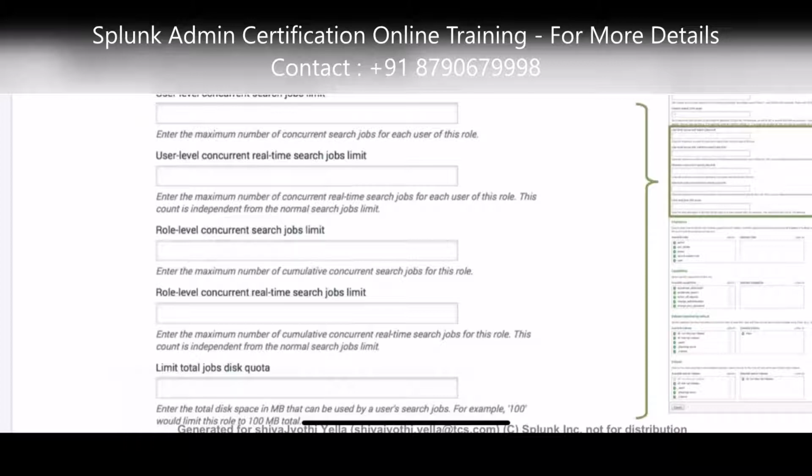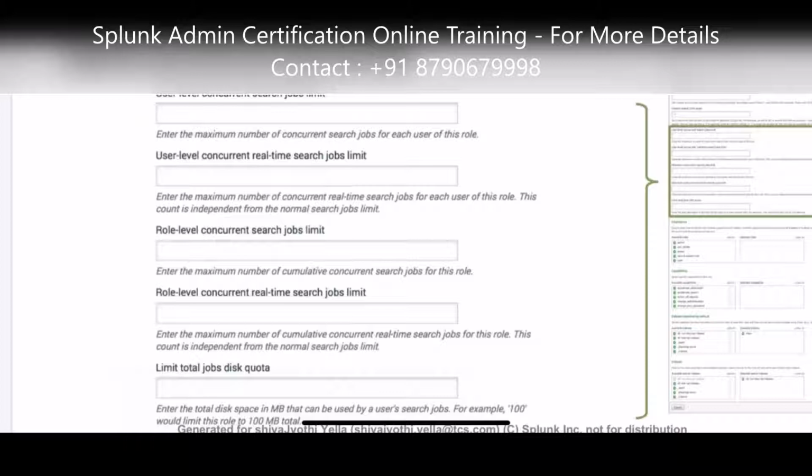Only 3, because users usually have dashboards. Whatever data they want, they'll see everything in a dashboard, so there is no necessity for them to run any search query separately. That is the reason only 3 is provided.